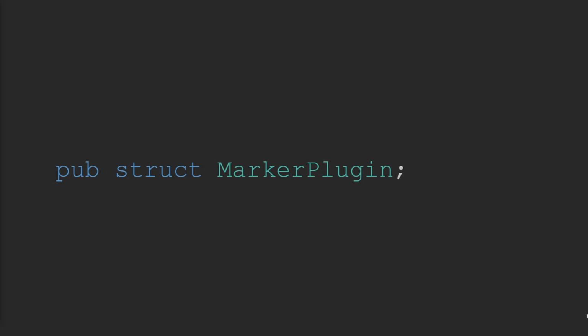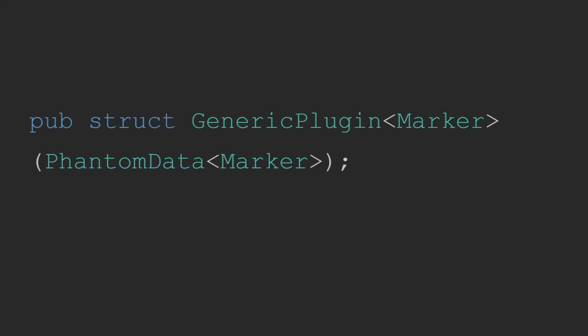You do not necessarily want the user of your plugin to be able to manipulate this resource directly, so keeping it private is a good way to prevent this from happening. The next type of plugin is the Generic plugin. This plugin is very similar to a Marker plugin, but takes in an additional generic type. This itself could be a marker, allowing you to insert multiple unique copies of a plugin, or it could be